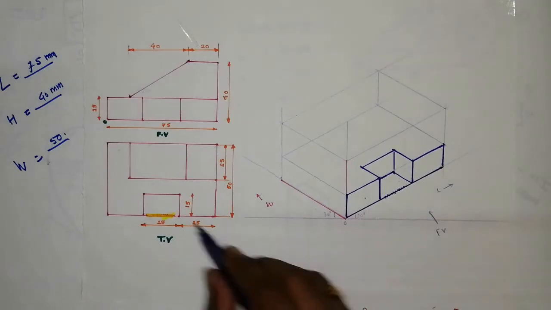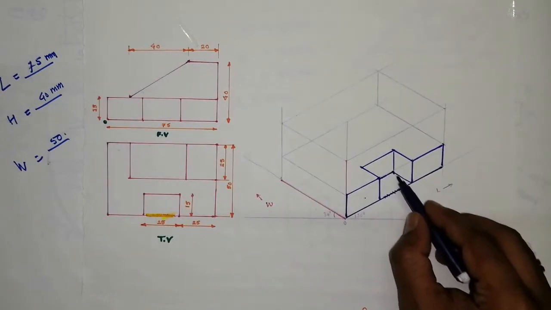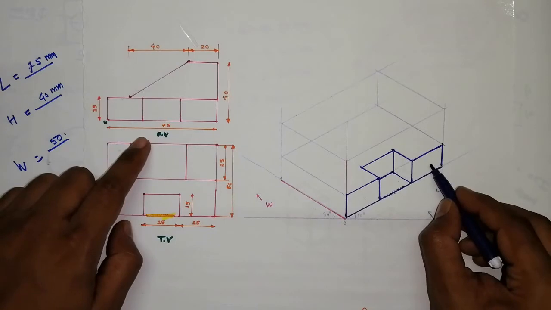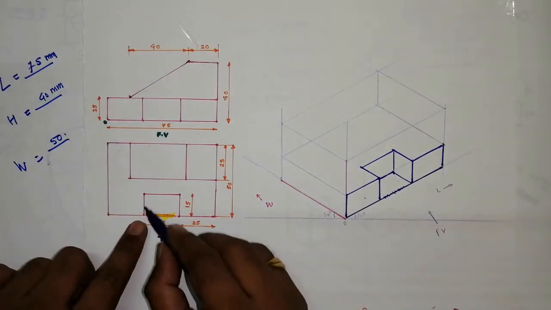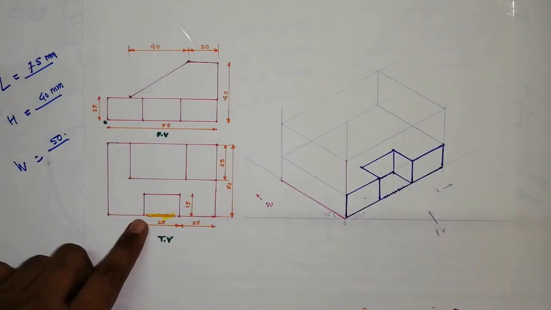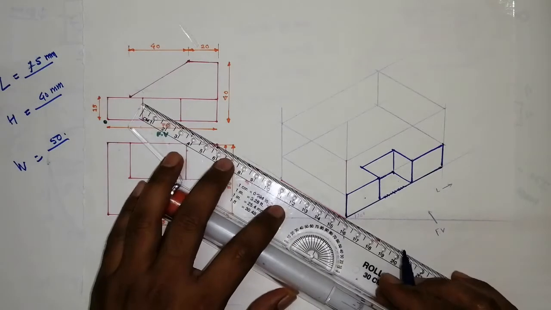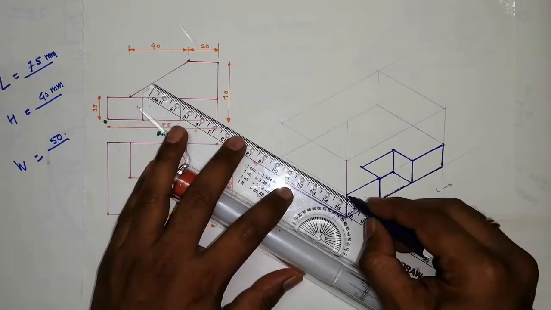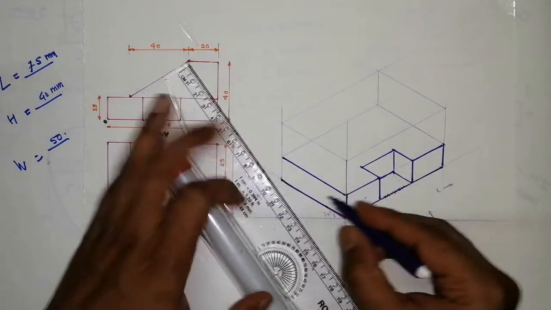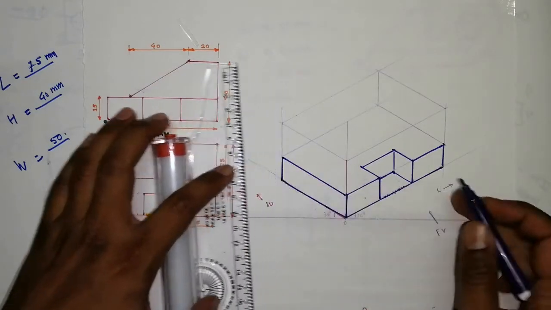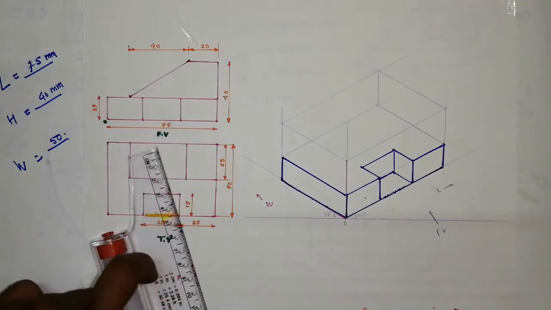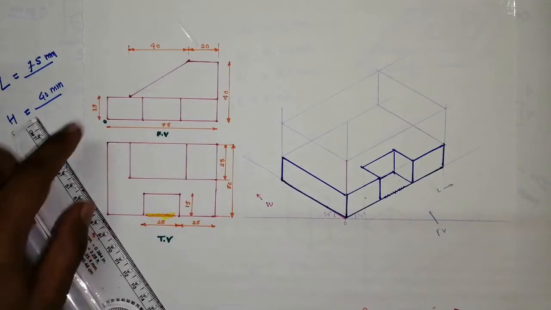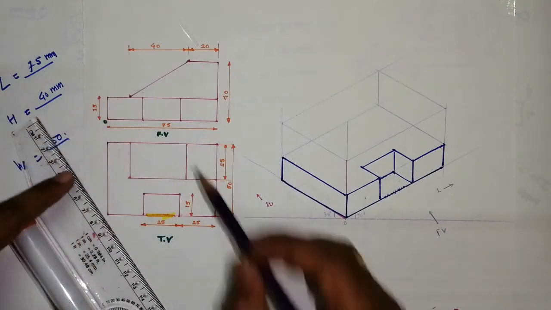So one rectangle here, the second rectangle is because of this. Okay, third rectangle. In top view it is visible something like this. So we will get the isometric view of that surface like this. Now the foundation box is over, so the bottom box is over. Now we'll think about the second one.